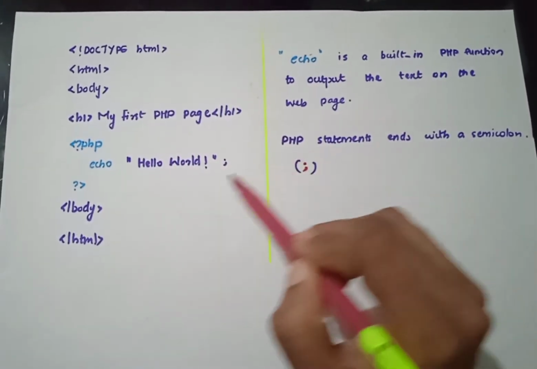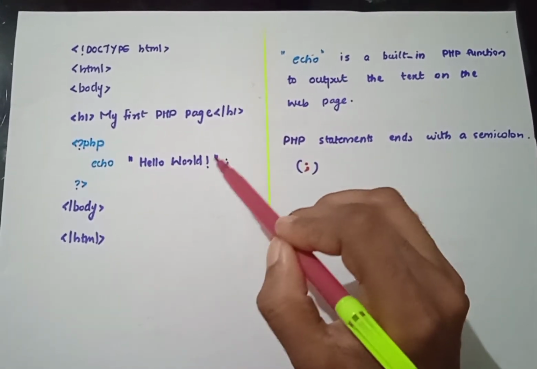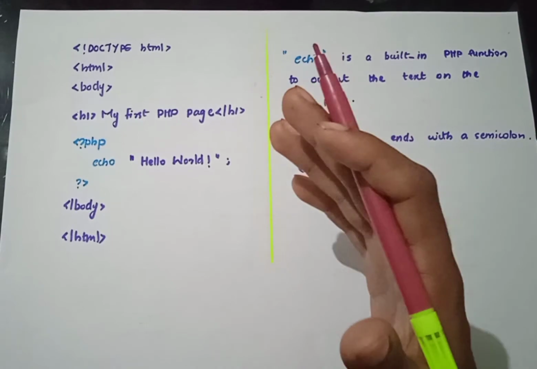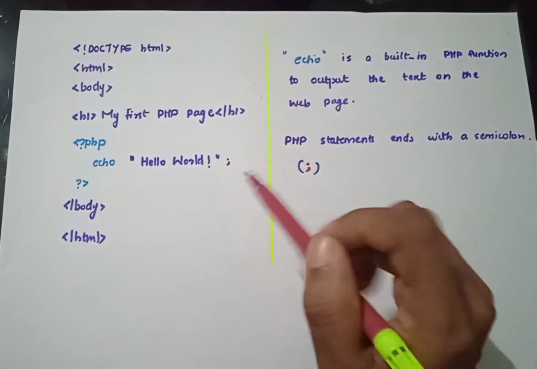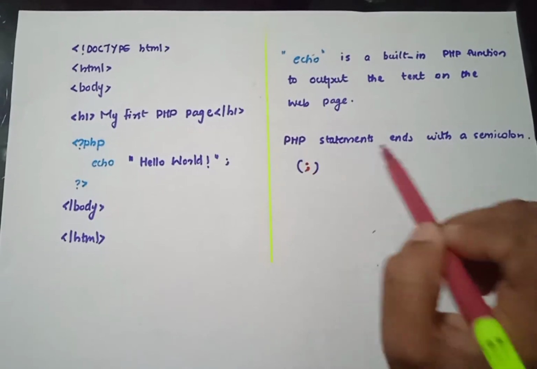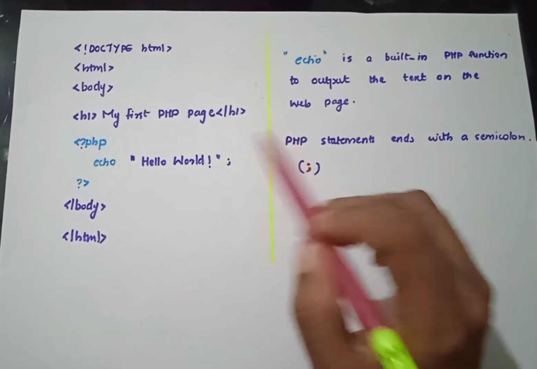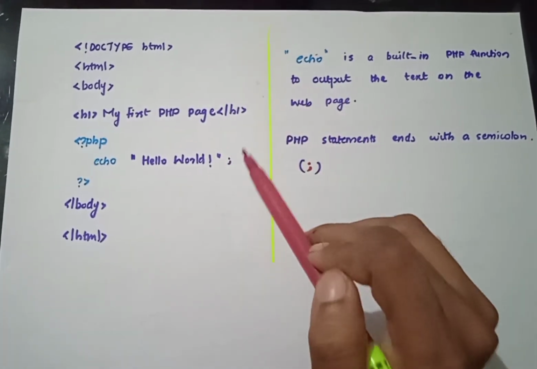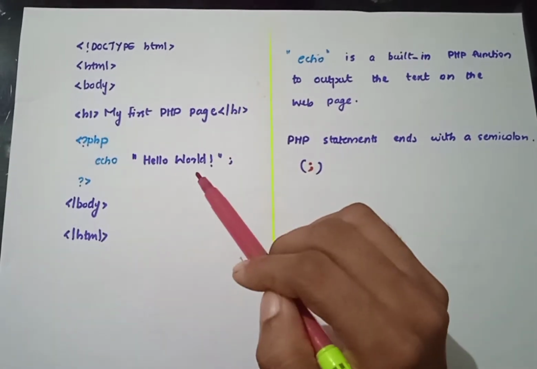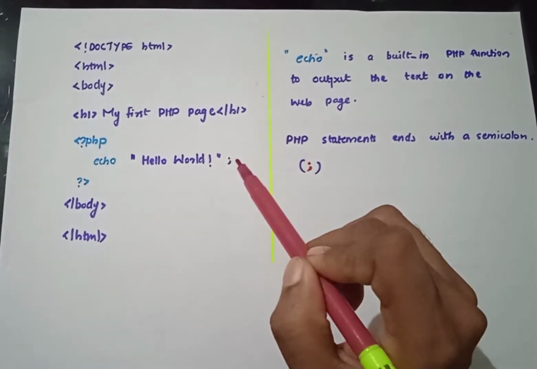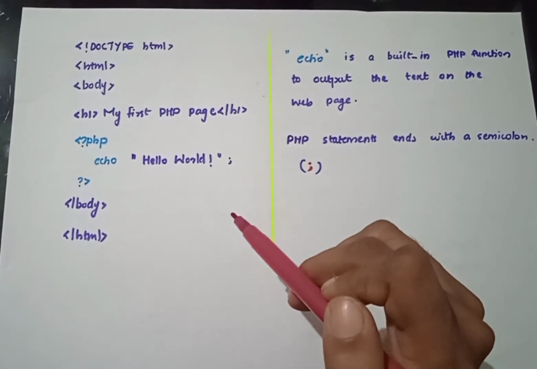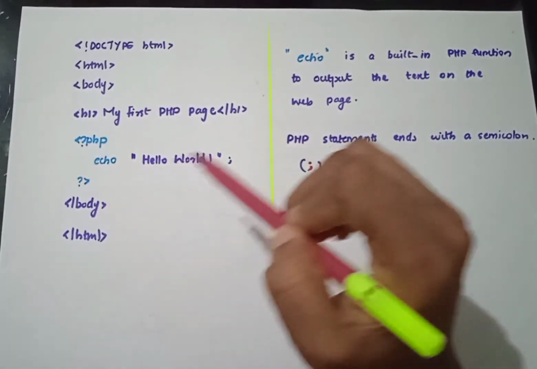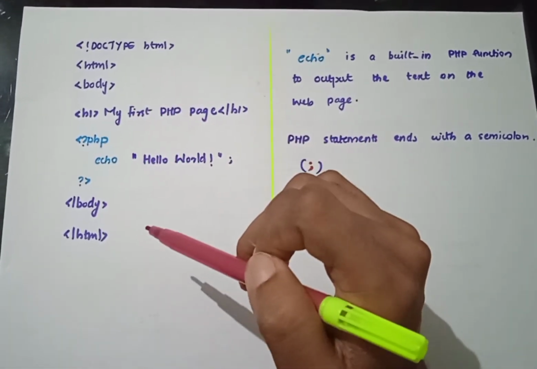PHP. Okay, so another important thing to be noted: just like how important the tags are for HTML, the semicolon is very important in the case of PHP, because PHP statements end with a semicolon. Only then can it be a correct statement or code. Okay, so it is mandatory to note that whenever you start a line or a statement, you should end it with a semicolon. Okay, so this is a simple example of how you can insert this PHP code into your HTML document and how to run it.